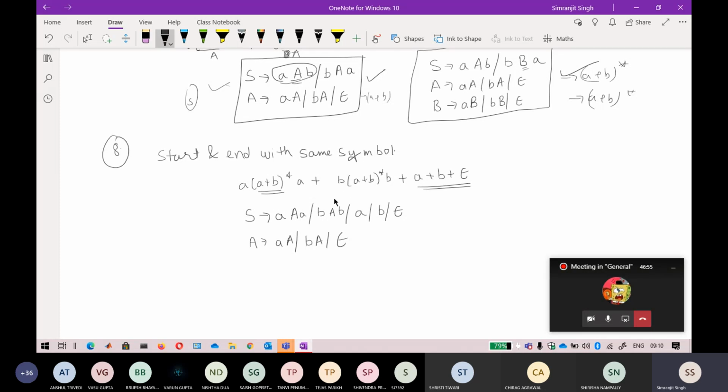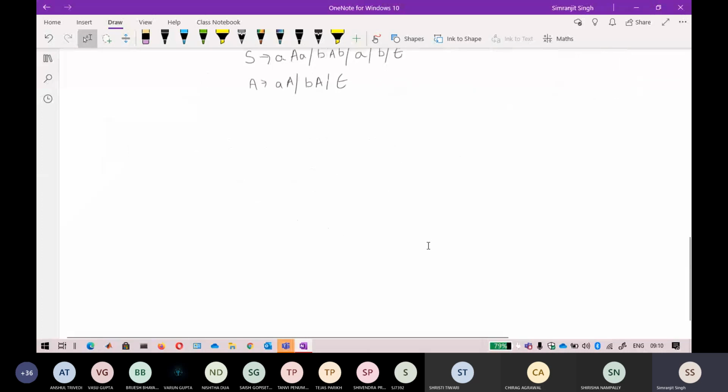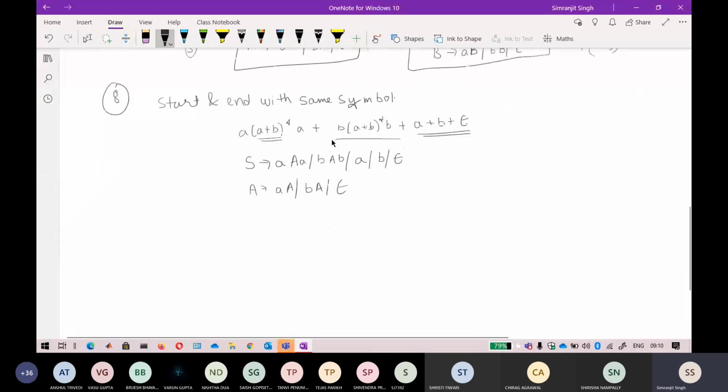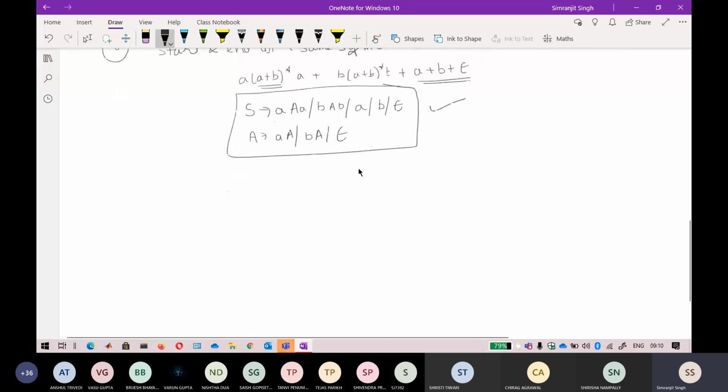Okay, so I think Chirag has written this language in another way. Prachi has also written this language. So just let me see. Prachi has written. Okay, so this is the correct answer. So first of all, this is the correct answer. If you want to note it, you can note it. Just let me see other people's languages also.